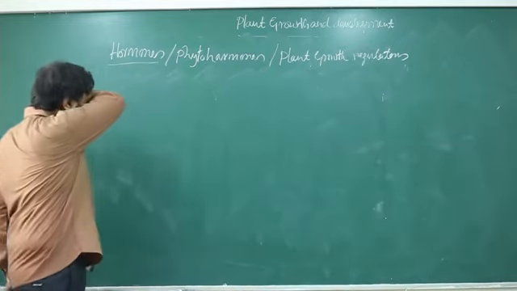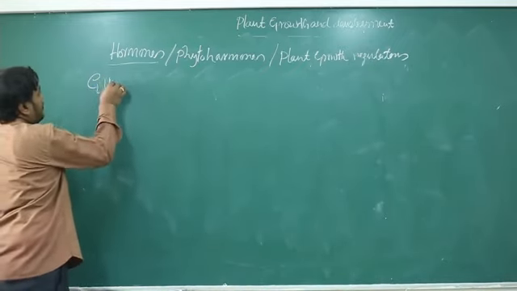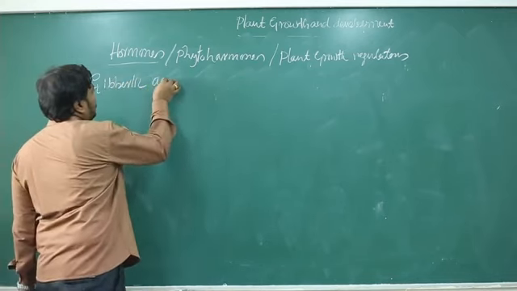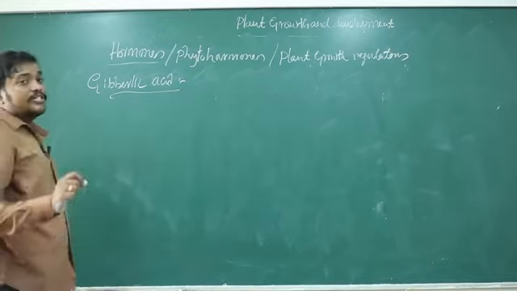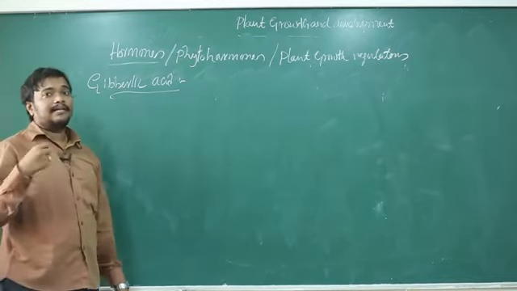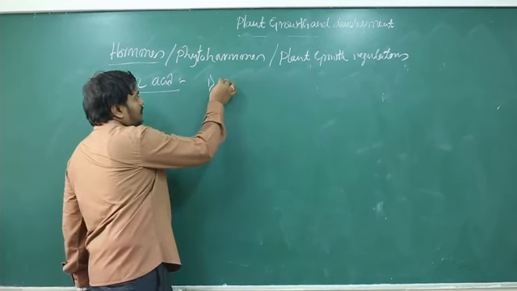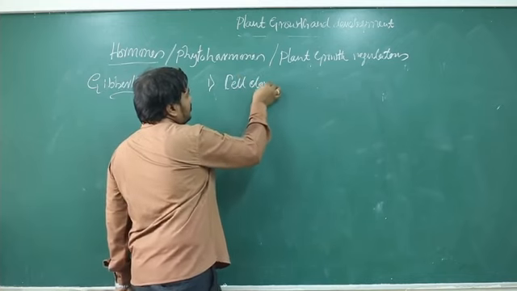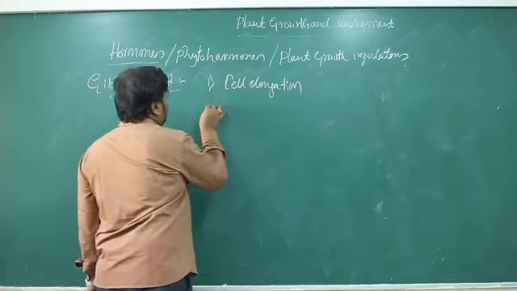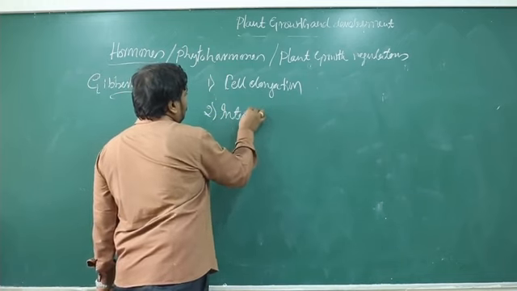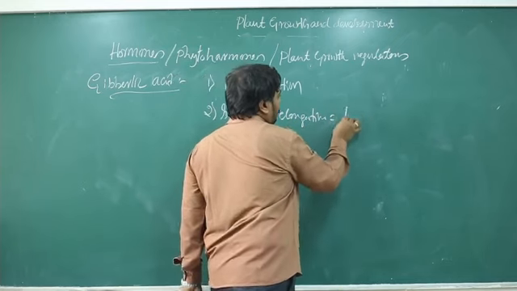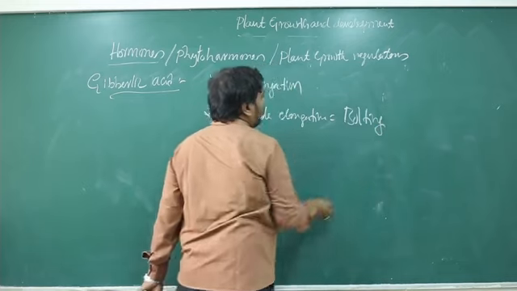So next, coming to one more plant growth promoter, gibberellic acid. Gibberellic acid was identified by a scientist, Kurosawa. While he studied the rice plant's bakanae disease, or foolish seedling disease, he identified the chemical and identified it as gibberellic acid. That gibberellic acid shows different actions like auxin. It helps in cell elongation, then internode elongation. That process is called bolting.